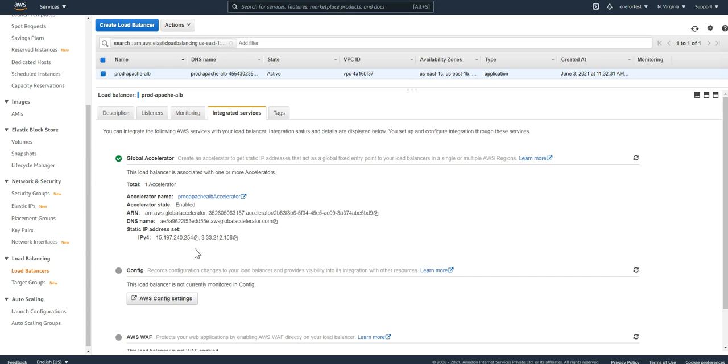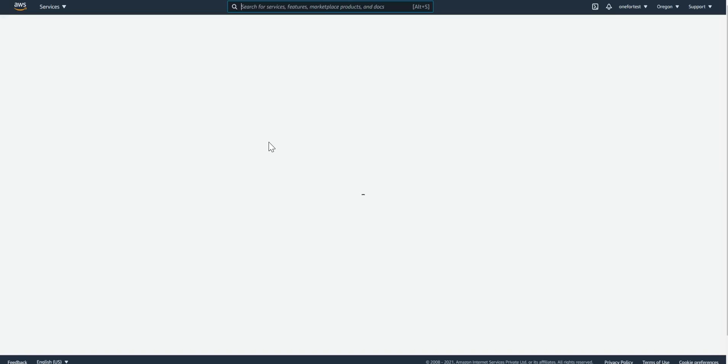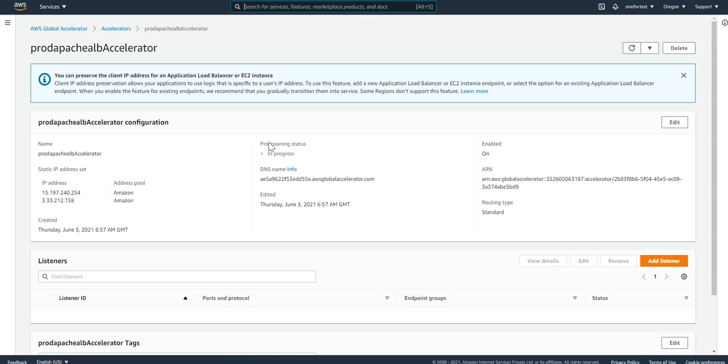In that case, even if your LB IPs are changing, you will not have to be concerned about requests failing, because your traffic will go smoothly. The accelerator will automatically take care of the ALB IP change, because the accelerator uses the DNS name of the ALB in the backend to associate with. Now let us go to this accelerator and see what features it has, I mean, what options we can configure here.